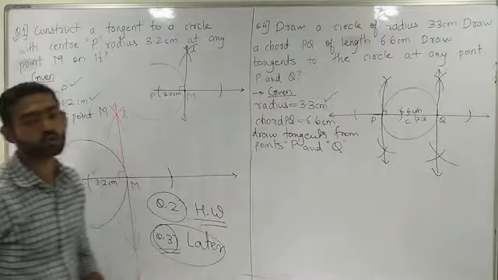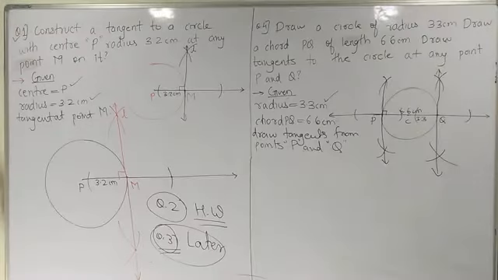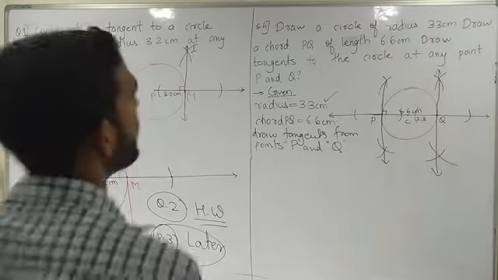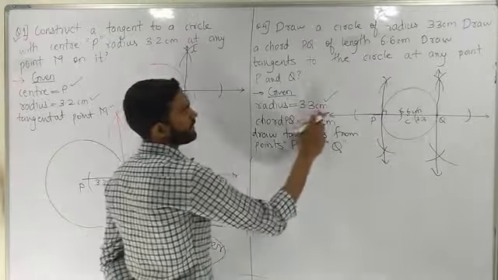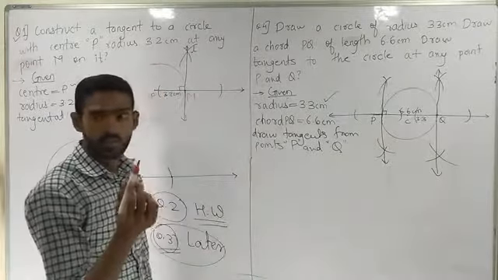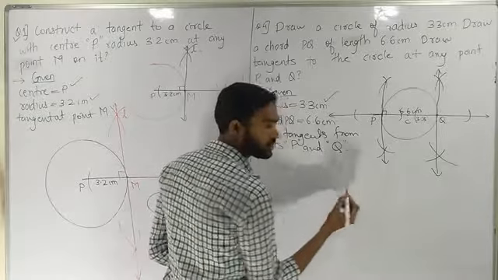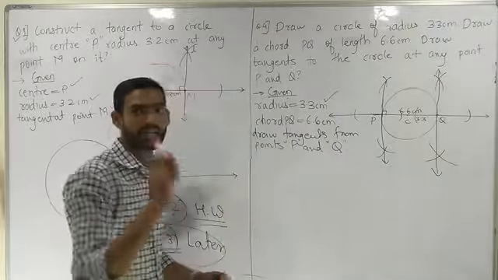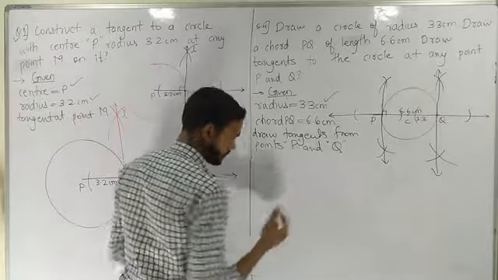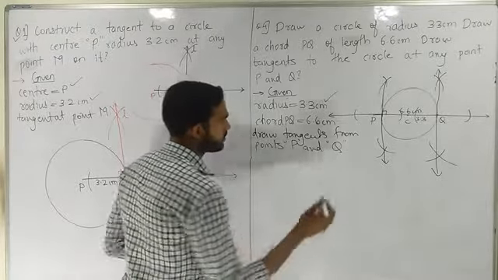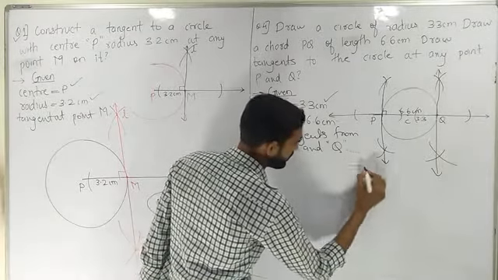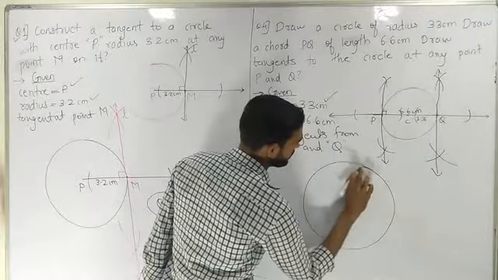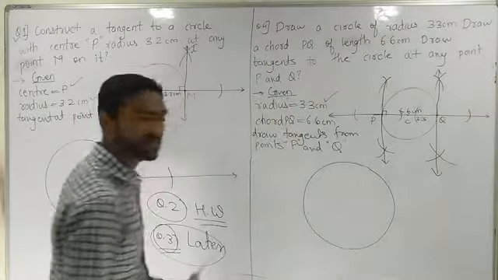Clear students? So to draw the actual tangents, we'll follow this rough diagram. Now let's start. So what I'll do? First I need to take center, right? The next is radius. What is the radius? Now take your pencil and scale. Take proper measurement, 3.3 centimeter, in your rounder. So this is your 3.3 centimeter circle.